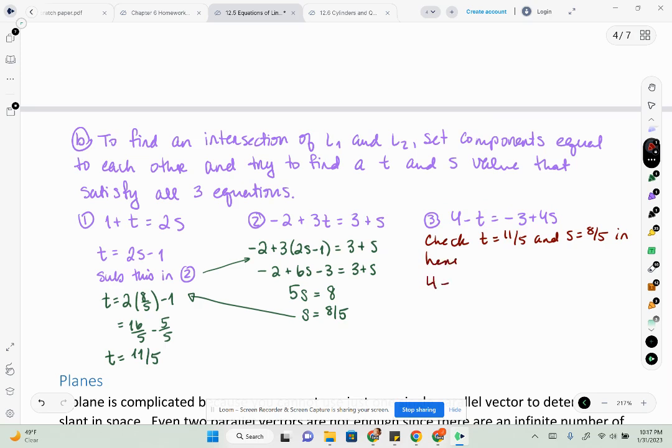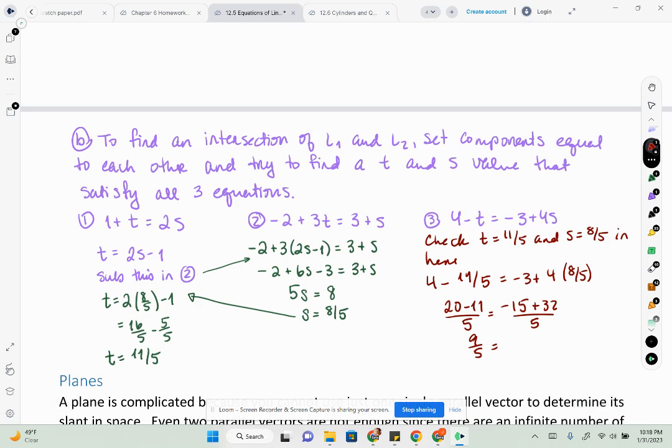So if I plug these in, I get 4 minus 11/5 is equal to negative 3 plus 4 times 8/5. On the left, I can rewrite that as 20 minus 11/5. And then on the right, I can rewrite that as negative 15 plus 32/5. So this is saying 9/5 is equal to, what is that, 17/5? Which is a very false statement. Okay? So my conclusion